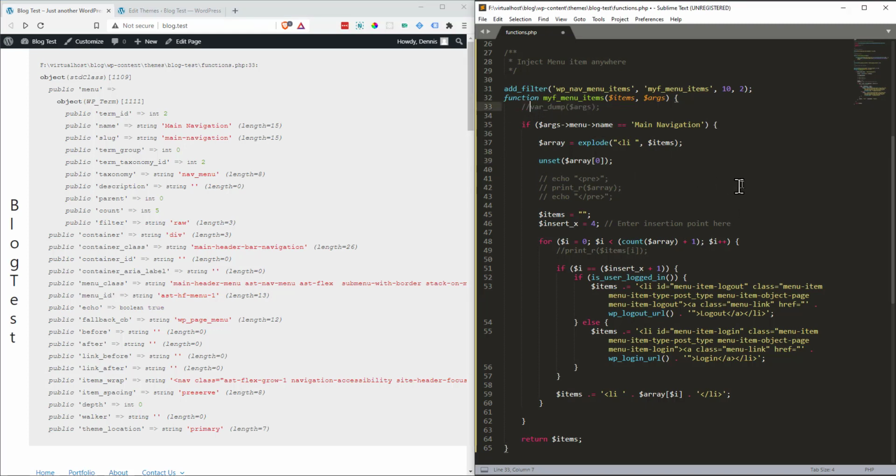So I'm just gonna uncomment that again, and this one right here is an important one as well. So let me explain this code. So now right here we have targeted the exact menu that we are going to